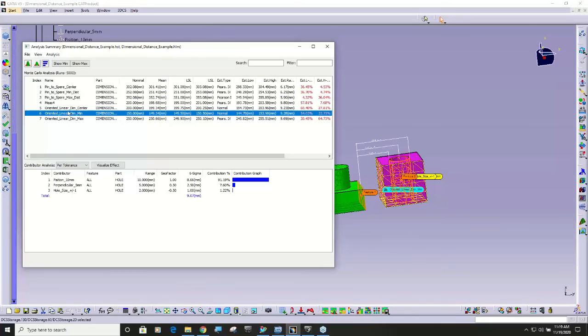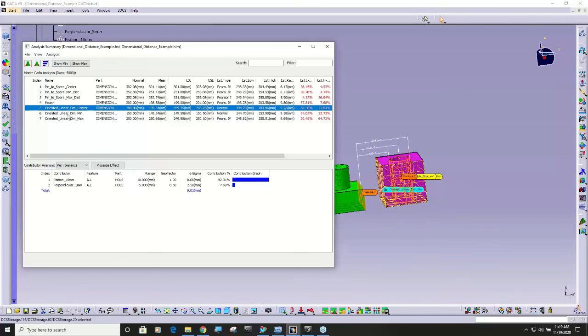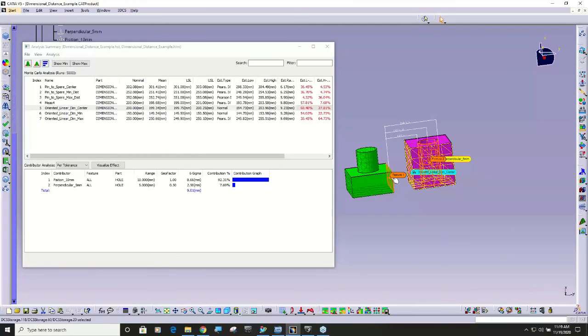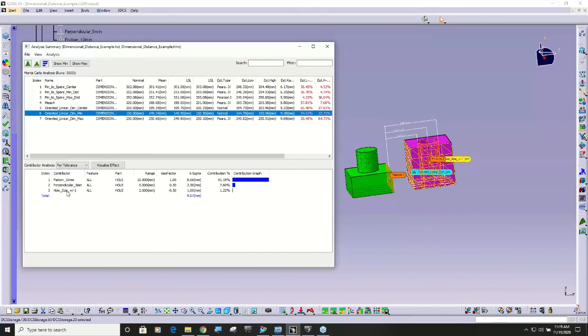So then I just extracted them, and you can see if I'm measuring center to center, or if I'm measuring from here to the center, I only have the position, tolerance, and perpendicularity. As soon as I go to minimum distance, you can see the hole size is showing up in the minimum